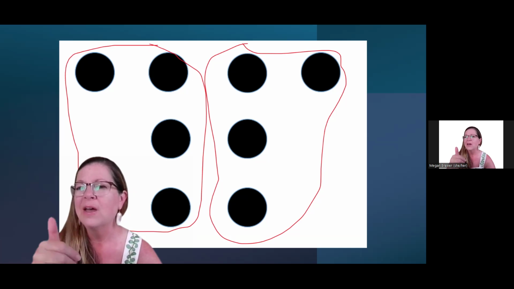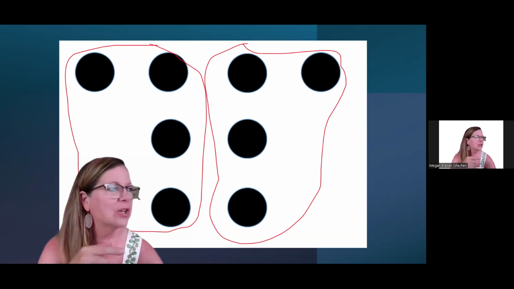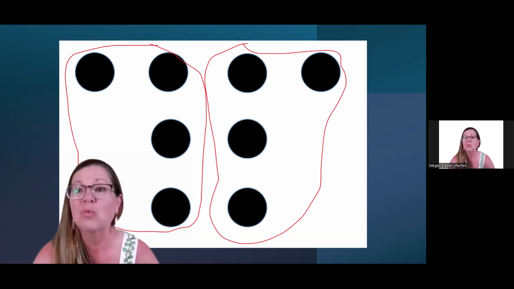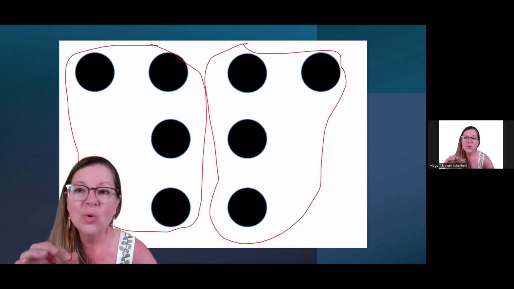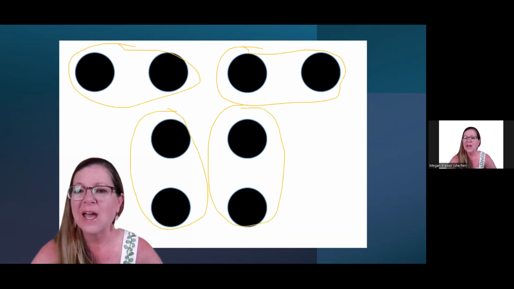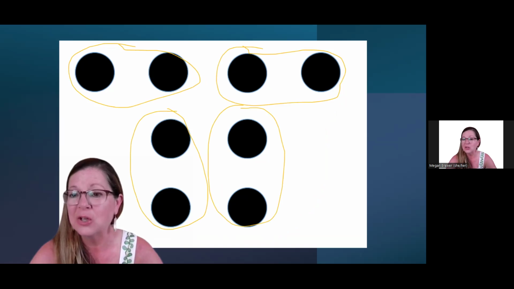It's a quiet, nonverbal way that the teacher can look around and see who else saw the 4 and 4. But then the teacher asks a wonderful follow-up question. Who saw it another way? I love that question because it's really a positive supposition that there are other ways to decompose this 8. So by asking it as who saw it another way, it's really inviting students to go, oh, there must be other ways. So then maybe another student might say, oh, I saw 2 and 2 and 2 and 2, and